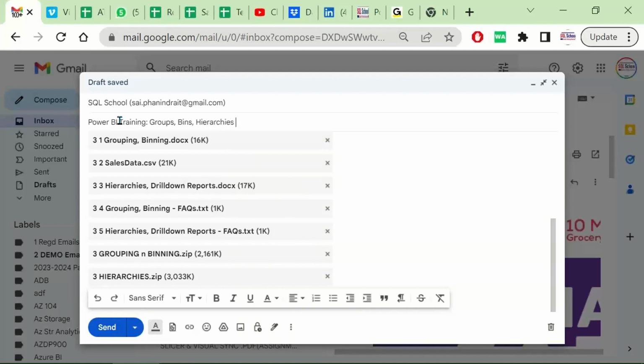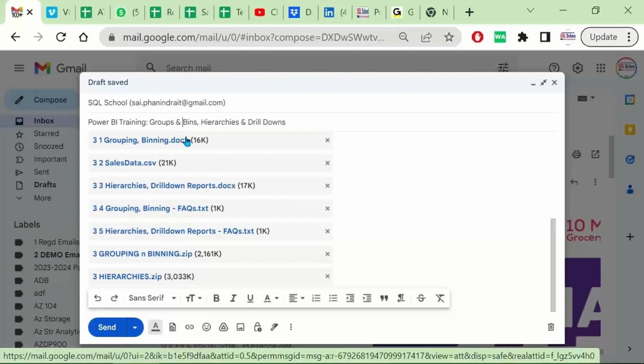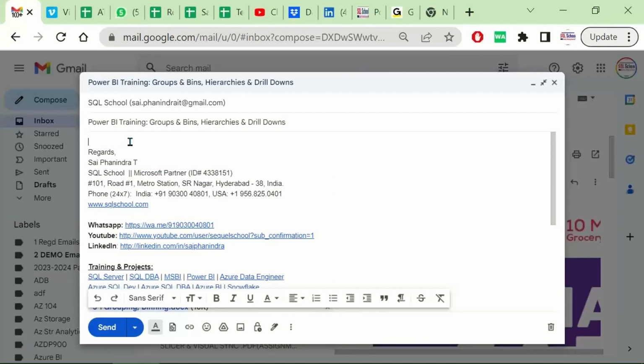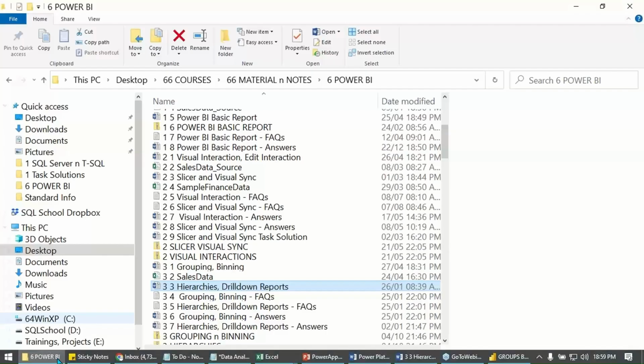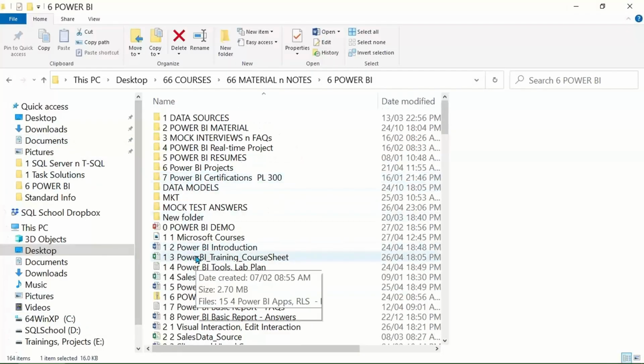Hierarchies and drill down. Tomorrow we'll take something called drill through reports. Groups and bins, and hierarchies and drill downs, okay? Total two concepts. In case you are following our roster, the one that was sent at the start of this week for our class as the complete curriculum